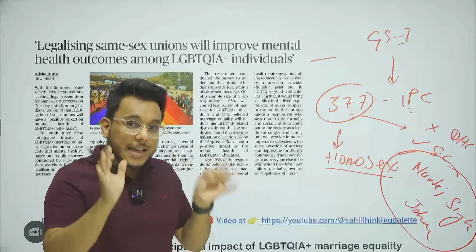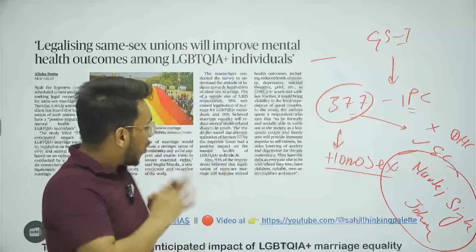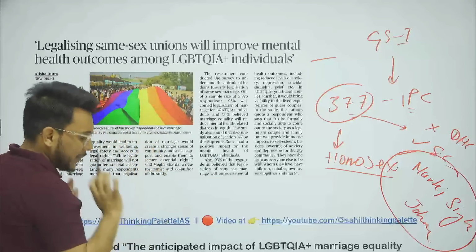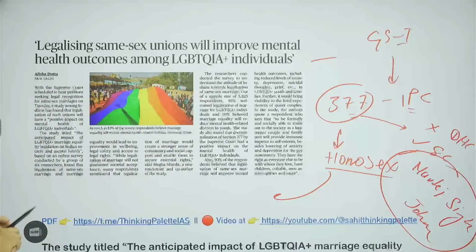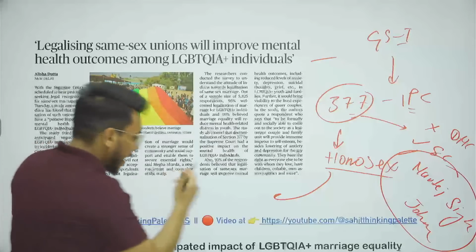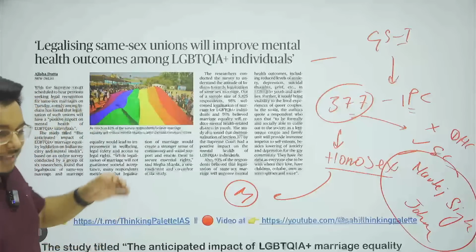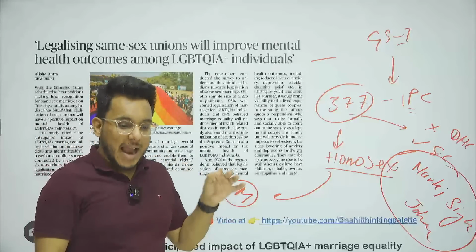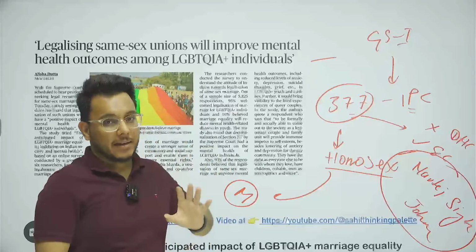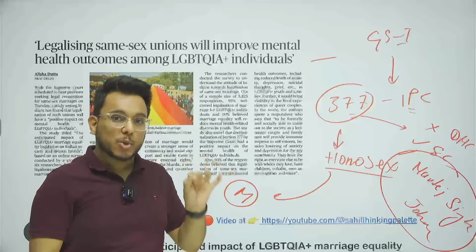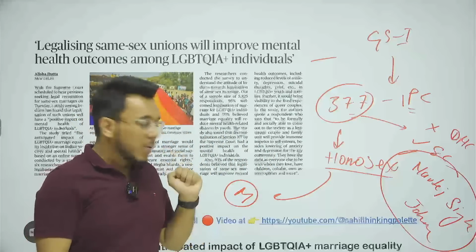If two consenting adults are involved in that, it is not a crime. So homosexuality is not a crime. Okay, this is one thing. Now the people who are homosexuals, they want that they should now be allowed also to get married. Okay, now understand this thing. Homosexuality is not a crime, but at the same time, guys, same-sex people cannot get married, because in India marriage has to be the union between two heterosexual people, that is a man and a woman. So marriage is not allowed.